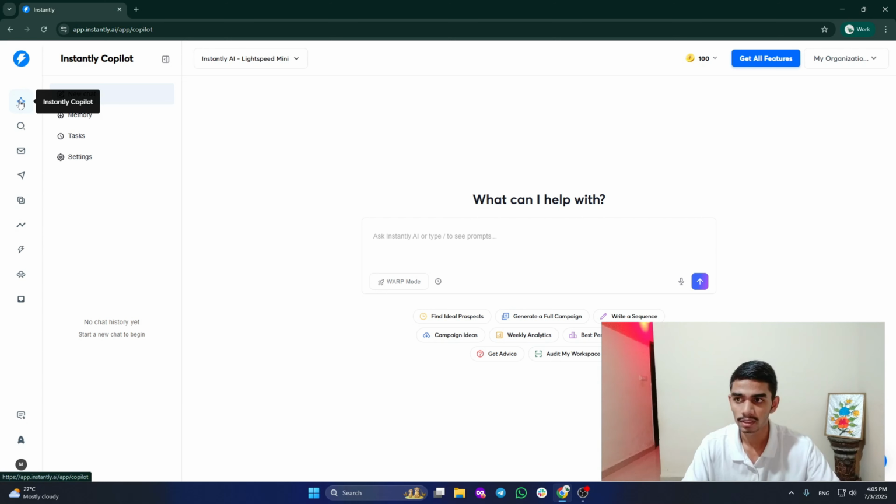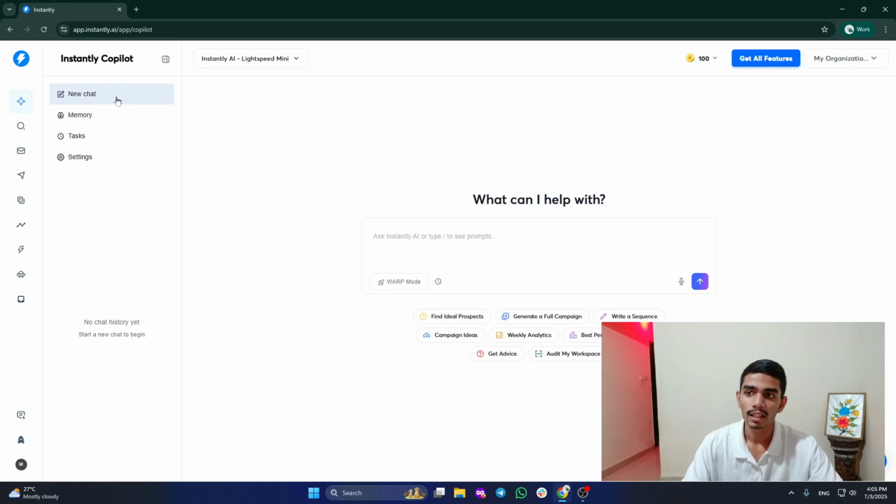So first thing first, you have Instantly Copilot. This is a new feature just added by Instantly AI, and here you basically have an AI embedded in the platform where this AI has all of your data. It can read all your campaign data, analytics, every single thing. You can also use this to find your ideal prospects, generate a full sequence for your cold emails and write sequences. So yeah, it can also analyze your analytics, and you can also figure out what's working the best